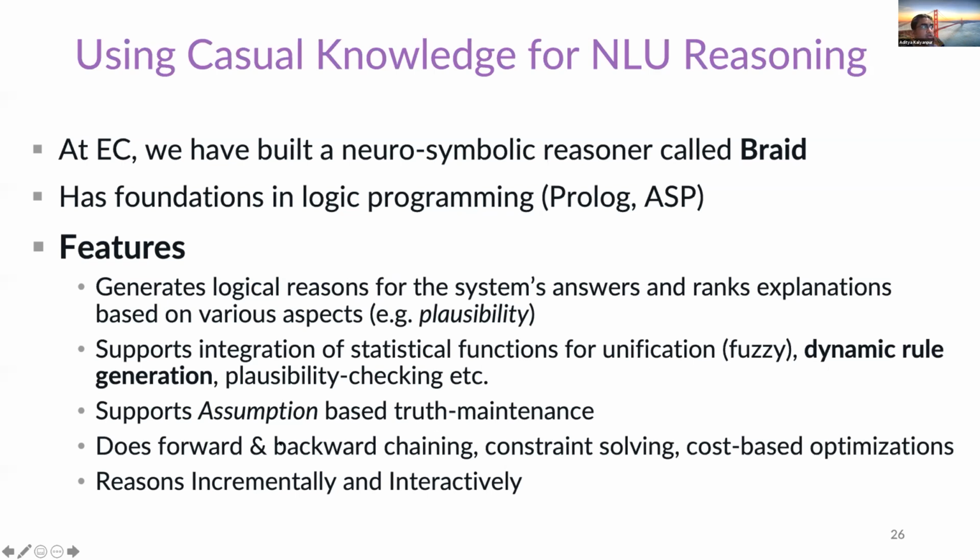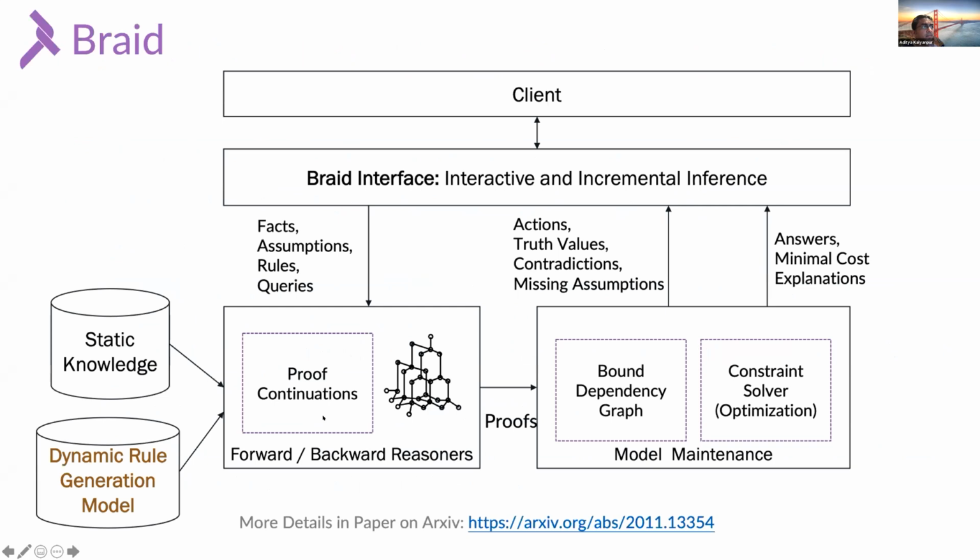So dynamic rule generation, it has support for that. And there are lots of other features. It has a forward and backward chainer, constraint solver, and so on. And there are details in this paper if you want to know more about it. But the key point for this talk is that as the reasoner is searching for an answer and it's exploring